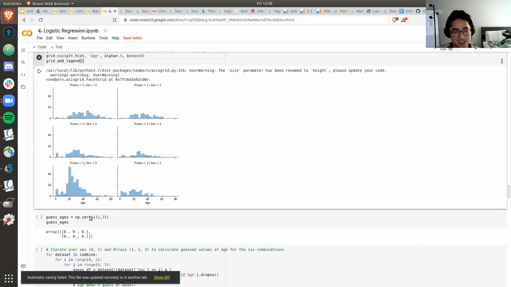Oh, actually, sorry. What this is actually describing is the demographic of male and female in their respective ticket classes. So it just gives a demographic of how many, for example, how many females were in the P class, in ticket class 3.